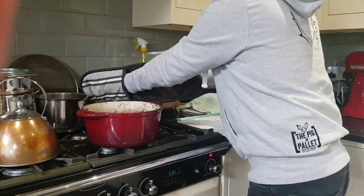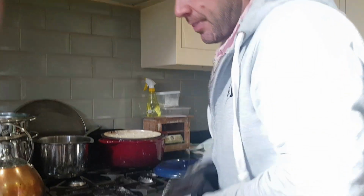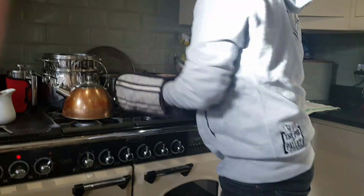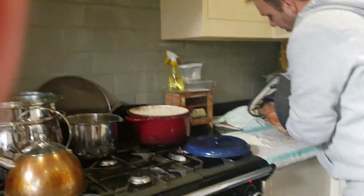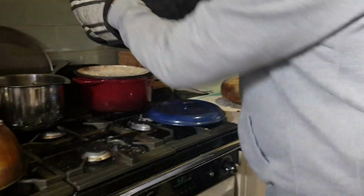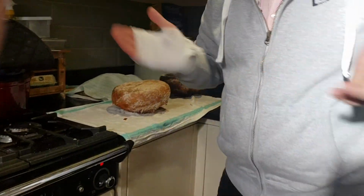Get that out. Lid on. Next one coming out. That one out. Put that one up there. And then, like I said, I always leave the cloth over the top of there, otherwise you might burn yourself